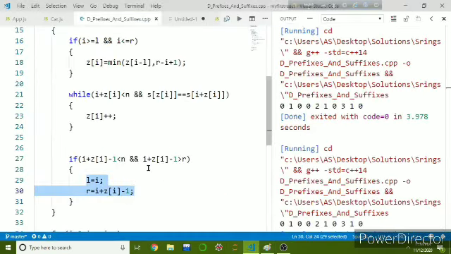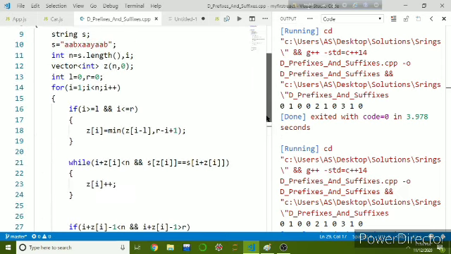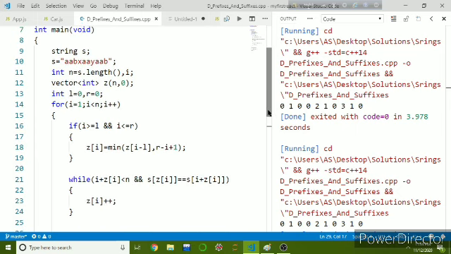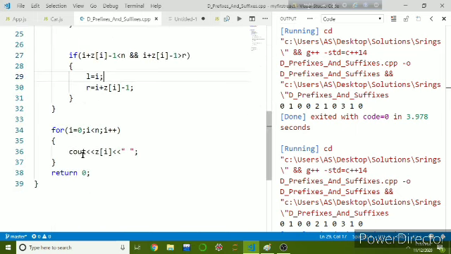So we are checking that condition: if our last index of the matched segment, that is I plus zi minus 1, is greater than the previous R, then we will say that we have matched or checked all the characters up to I plus zi minus 1, having started matching from the index I. In this way we can improve the complexity, and we have efficiently calculated the zi value.